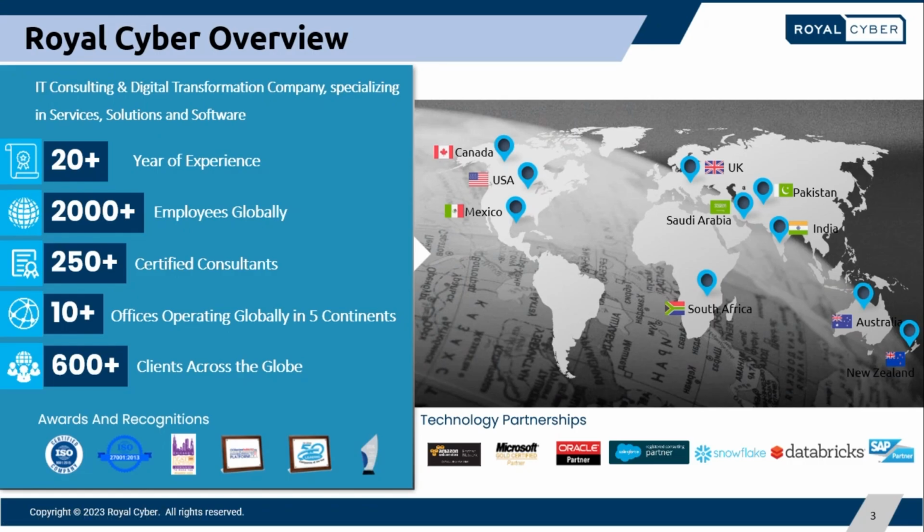First, let me introduce Royal Cyber. We are an IT and business consultancy company providing solutions to enterprise customers for the last 20 years. We have offices in 5 continents, more than 10 countries. We have delivered solutions to more than 600 clients. We are a team of 2,000 individuals, and we have about 250 certified consultants on multiple technologies, including Databricks and Snowflake. We are partners with Microsoft, Oracle, Salesforce, Snowflake, Databricks, SAP, and we are ISO certified and have multiple other awards